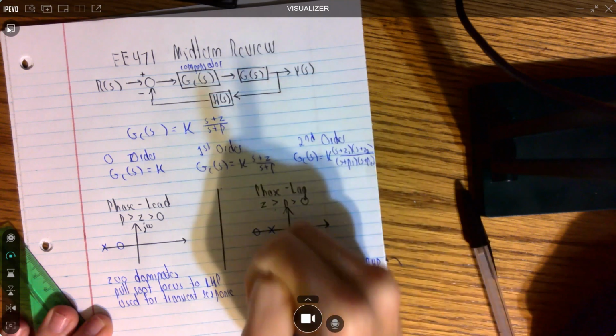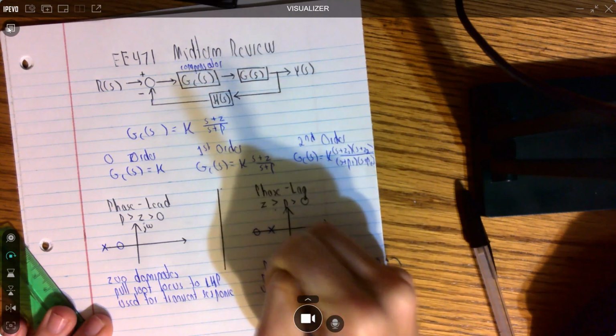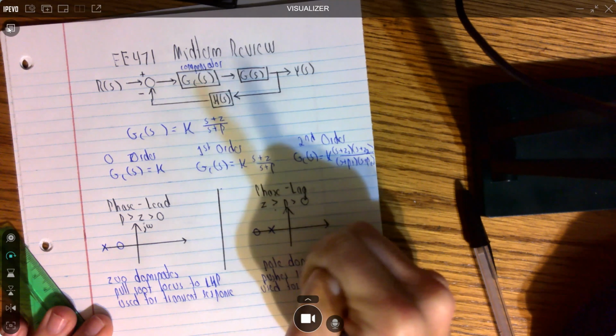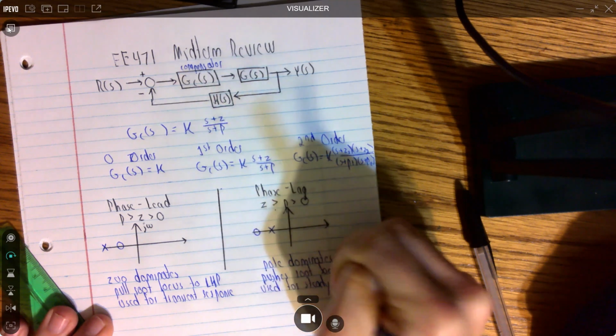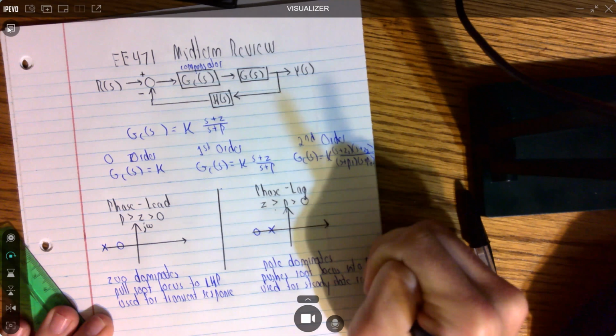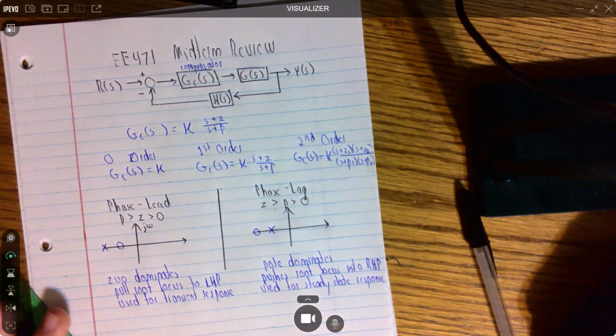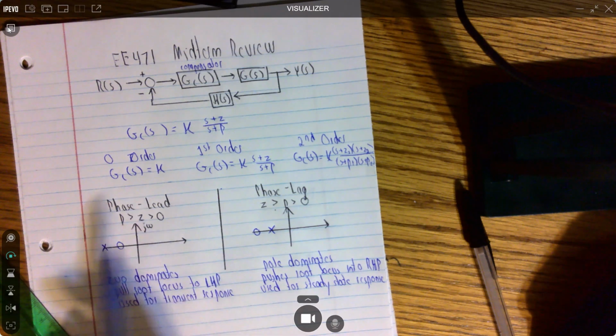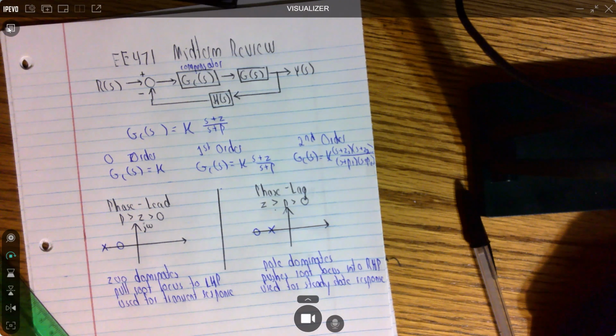And so this is only used for steady state performance. So that means like steady state error, decreasing the amount of error you have in your output. And so that's pretty much what we want to try and get. And so what we're going to notice here is we're going to try and make our system stable. And so the phase lead design, basically what we're going to do here is